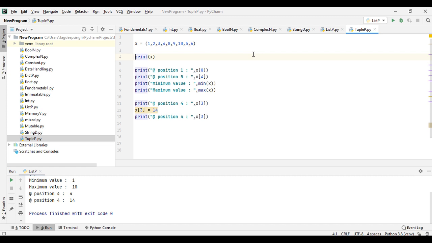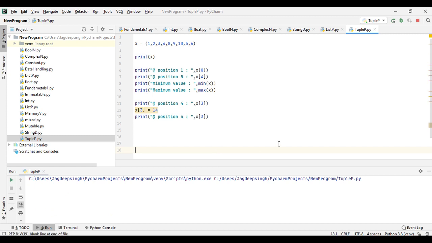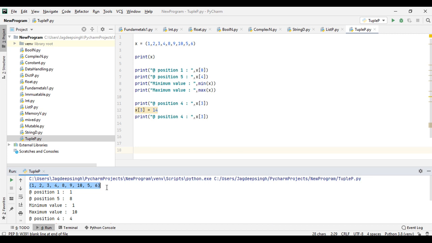In a list we are using the square brackets, but when we have to declare any variable as a tuple, we use the round brackets. So here we have used the print function to print the value of x tuple. Run this program to see the output. So here we have x tuple, then we print the value of position 1, so that is the value 1. Similarly we get the value of position 5, that is 8, and then we similarly use the minimum function